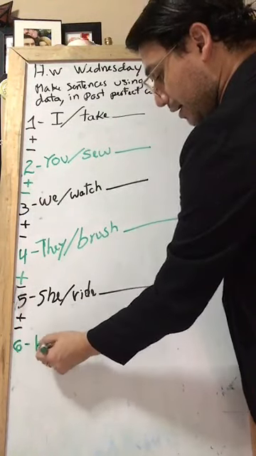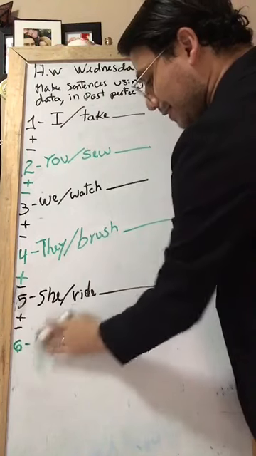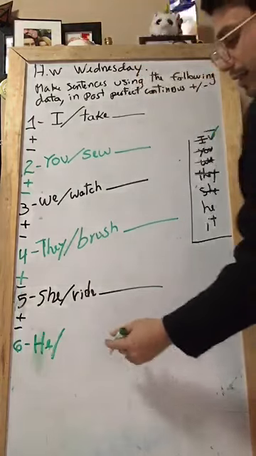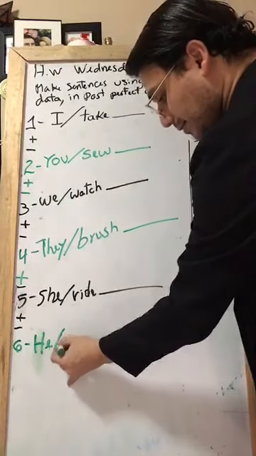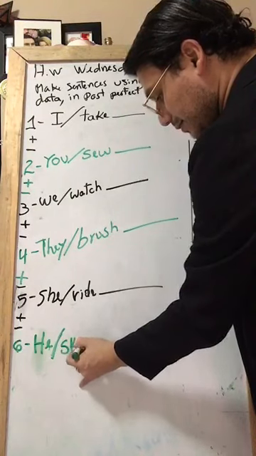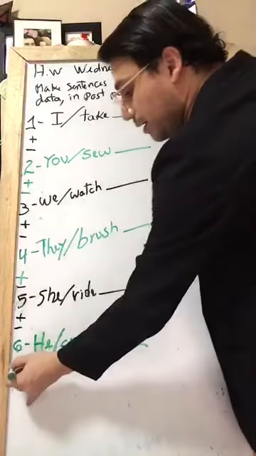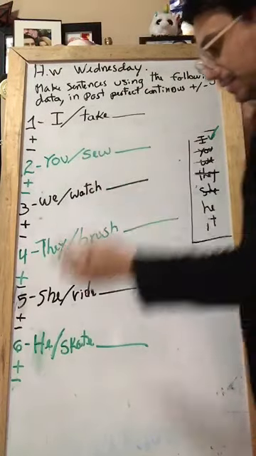He, and then the word skate. And then the present continuous of it, positive, negative, and finally the last,